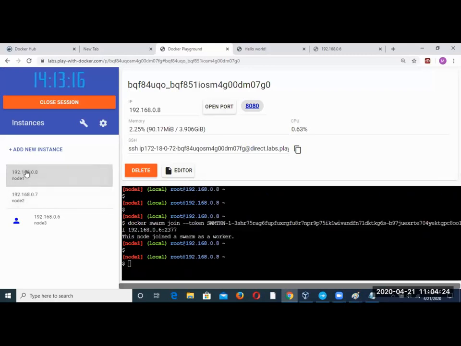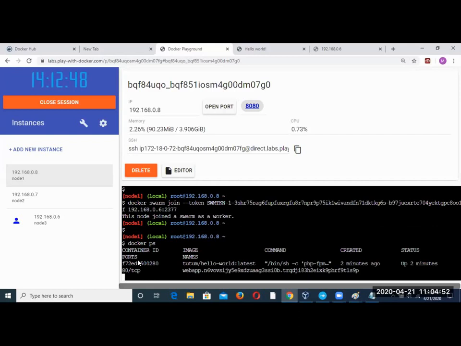Type PS, you will find that image there also. So no matter if you have 100 nodes which have already joined as workers, they all would get the image that we are running on the master.